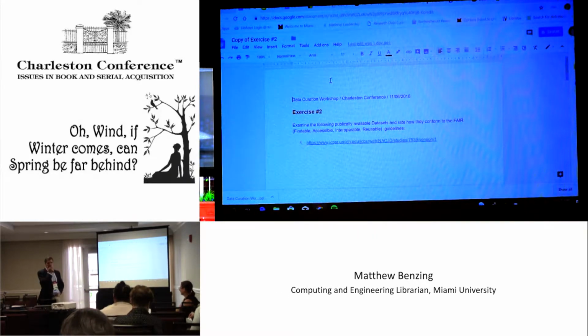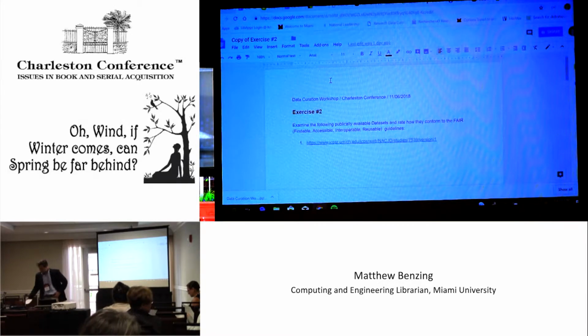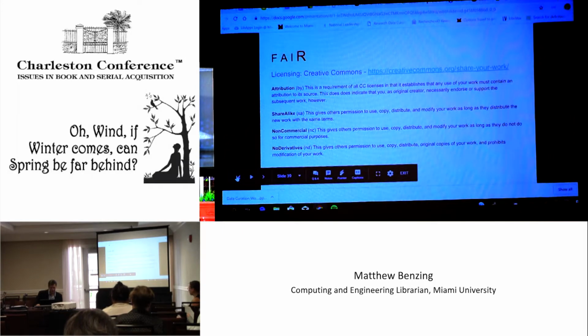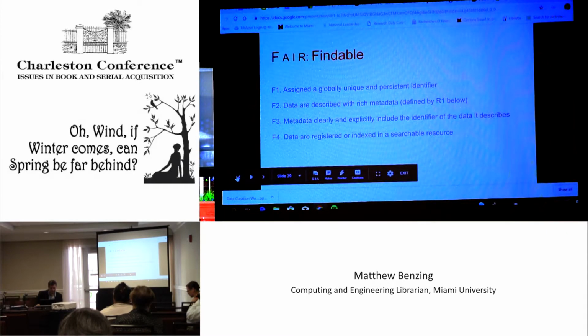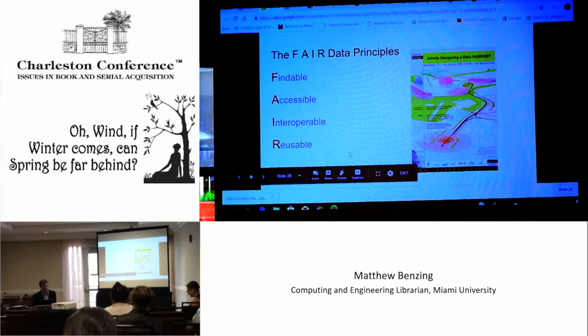And if you want to work in groups of 3, 4, 5, or just the people in your row, however you want to, we don't have tables or anything, so it's kind of difficult, but get together in your groups. There are links to 4 data sets here, and what I'd like you to do is evaluate them according to the principles we just talked about, which again are findable, accessible, interoperable, and reusable.